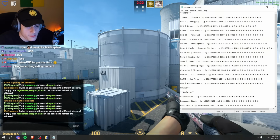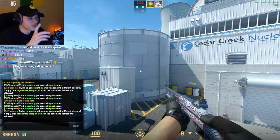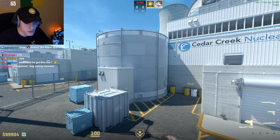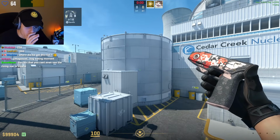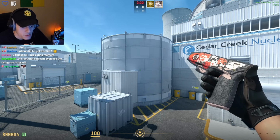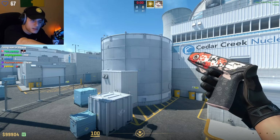Now check this out. The Zeus Tosai. Apparently this means baby koi or something. Like a baby koi fish. Check this out. It is a koi fish Zeus skin. Lily pads on the handle. And the eye is the little...